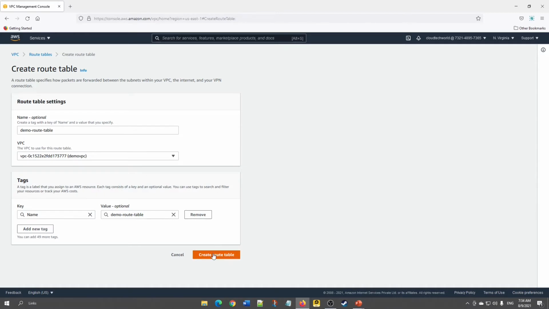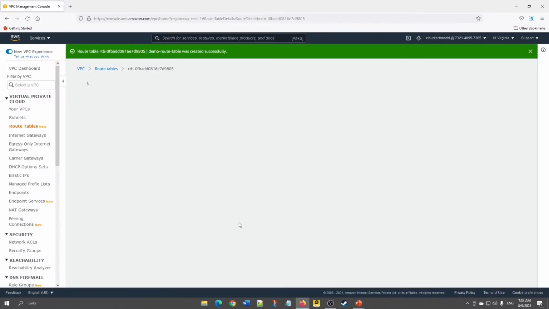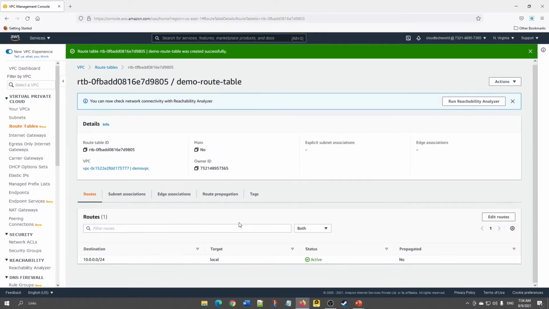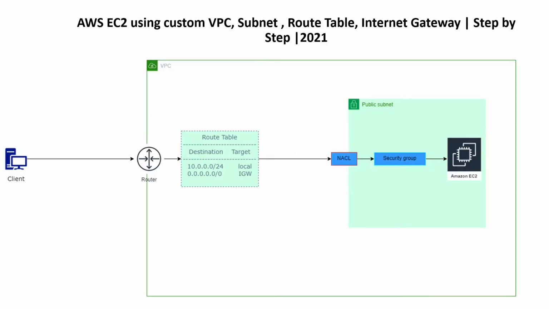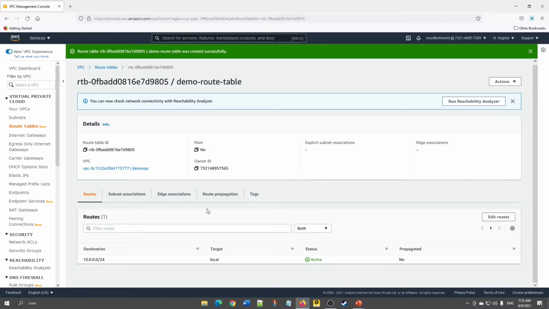Now click create route table. So once we create a route table, we need to associate the route table with our subnet. Come to route tables and click subnet association.